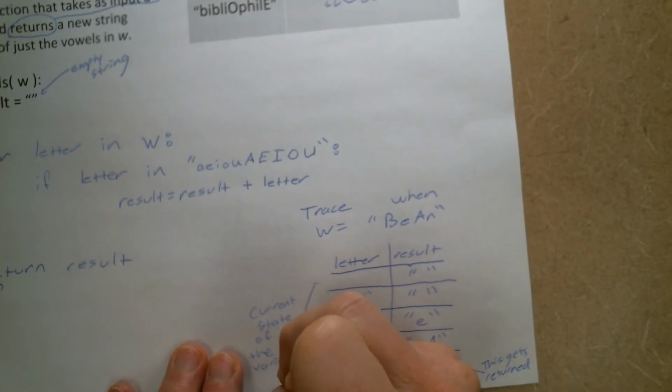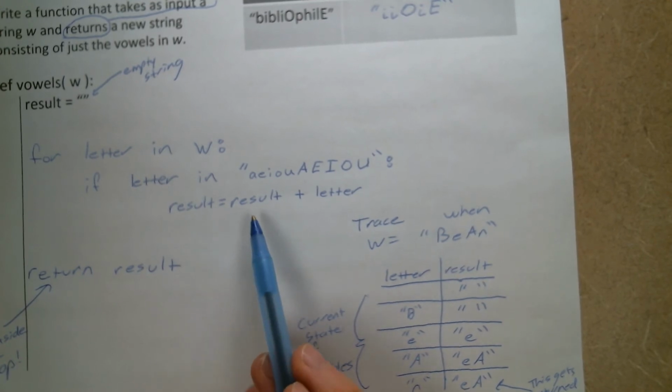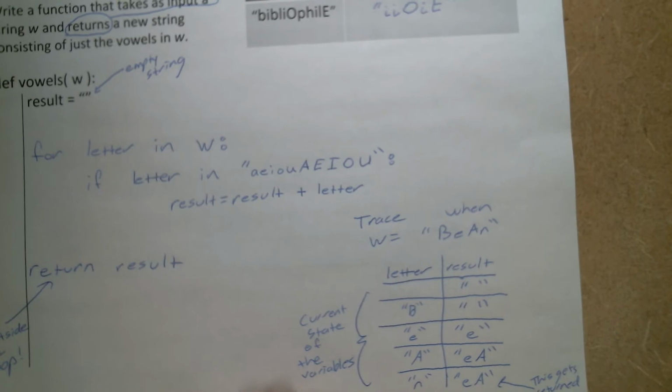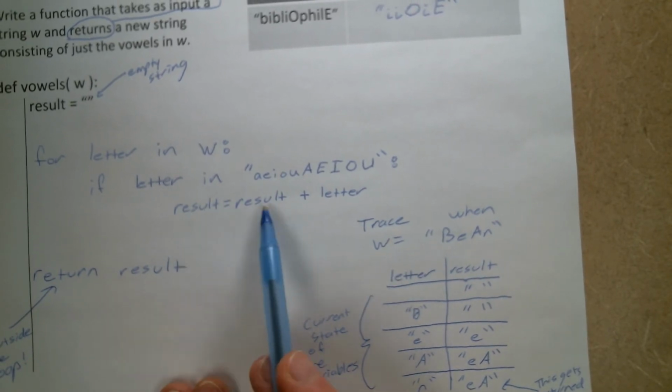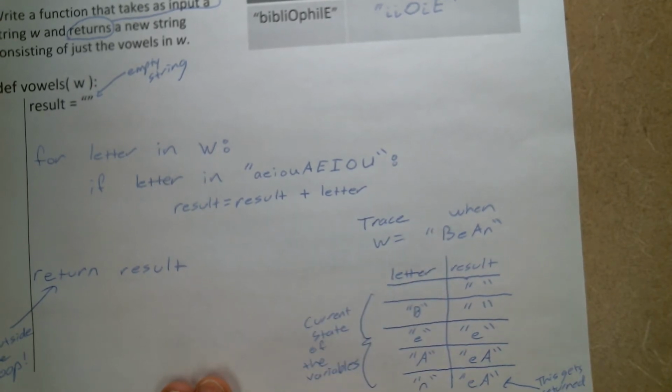So this is just another example of a loop, showing something different that you can do inside of these if statements. You could build strings according to some rule or condition that you've specified. And we build the strings with result equals result plus whatever you're doing. That's the syntax there. All right, so continuing on,